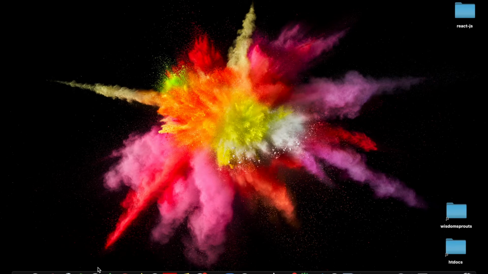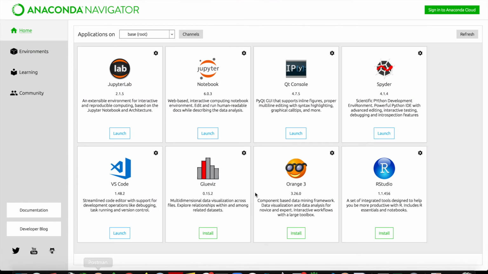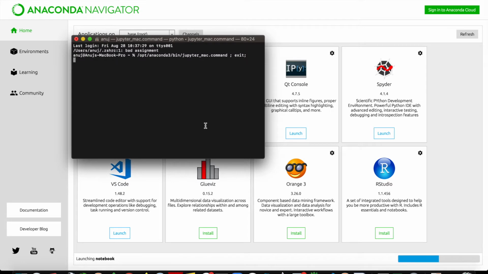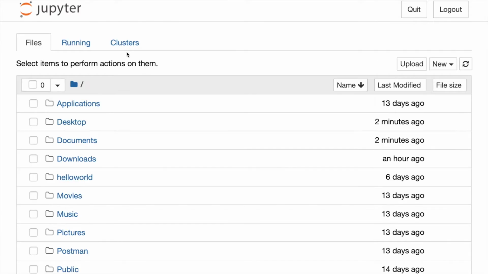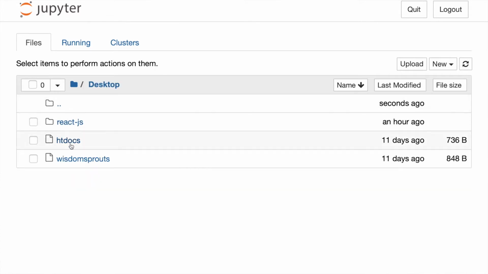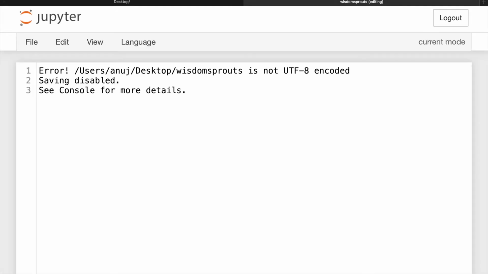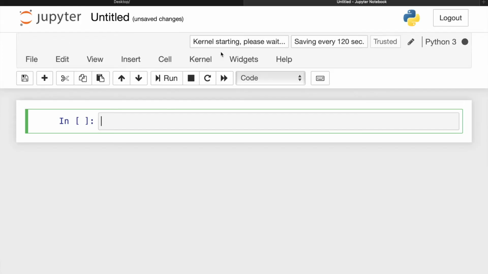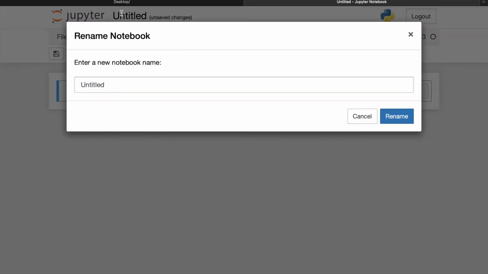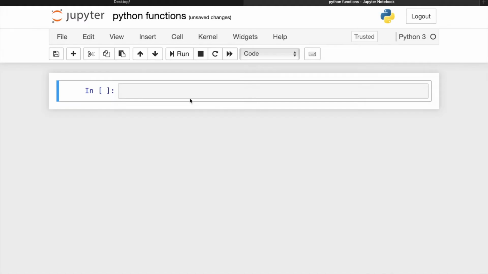A function is nothing but a definition. So open Anaconda Navigator, launch Jupyter Notebook, then inside the desktop create a new file, Python 3, and give it the name Python functions. Now inside this, if you want to declare a Python function, you have to use the def keyword,